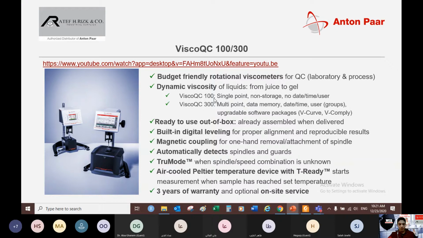is different from the 300 because the 100 only measures the viscosity at a single point, so we have no control on the speed during the test. We only measure the viscosity at one speed value. However, with the ViscoQC 300, we can measure the dynamic viscosity at multiple points, as different viscosities at the same time,